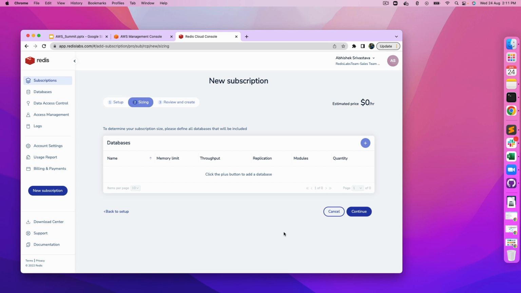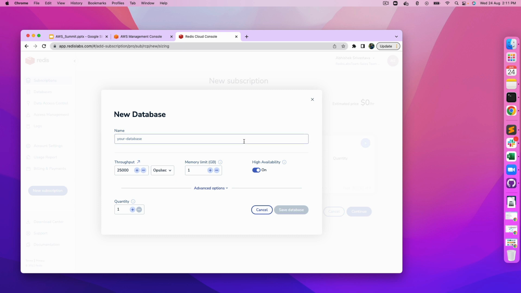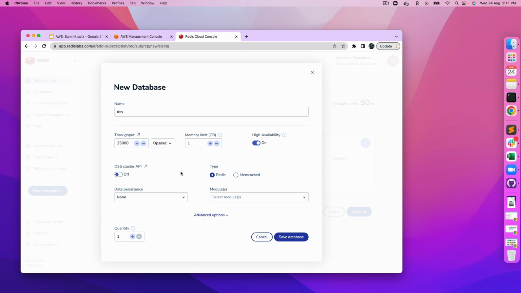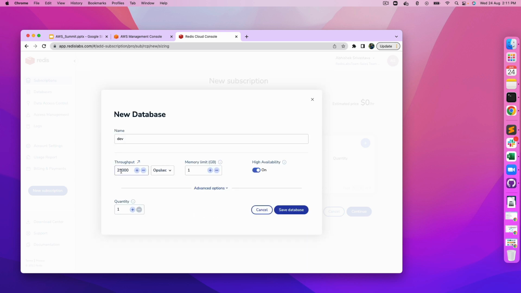Let's continue. Now in this screen, you would be asked to create the database. Let's create one. Let's name our database dev. So things will get interesting over here. It will ask you what exactly is the throughput which you are looking at in terms of operations per second. Then it will also ask you the memory, the total data set size which you are looking at for your target workload. Third, it will also ask you whether you are looking for high availability, HA, for your entire workload,